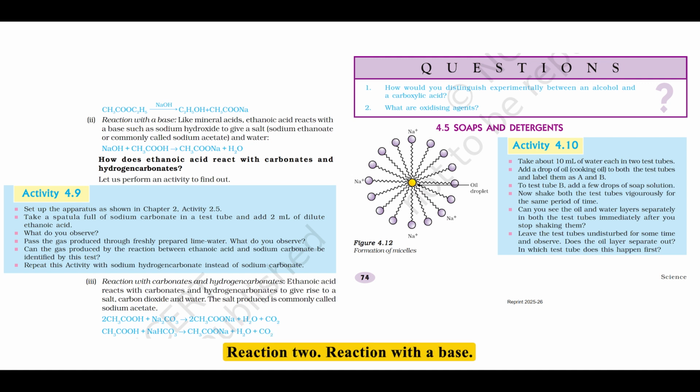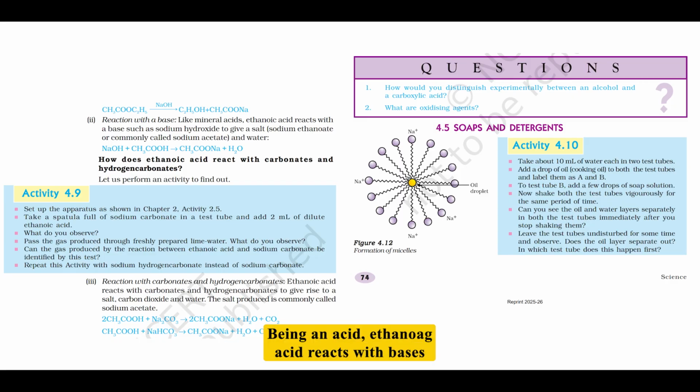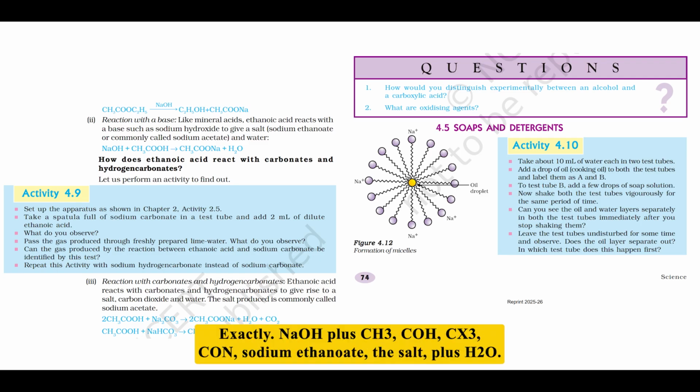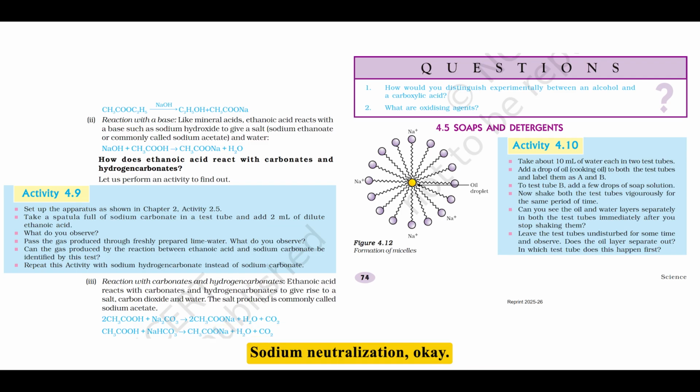Got it. Reaction 2. Reaction with a base. Being an acid, ethanoic acid reacts with bases like NaOH in a simple neutralization reaction. Acid plus base gives salt plus water. Exactly. NaOH plus CH3COOH gives CH3COONa, sodium ethanoate, the salt, plus H2O. Neutralization. Okay. What about